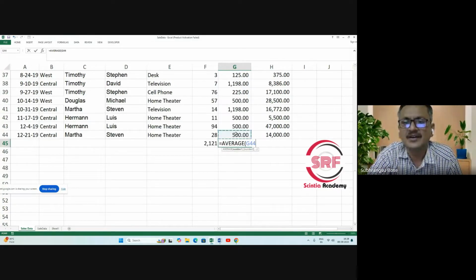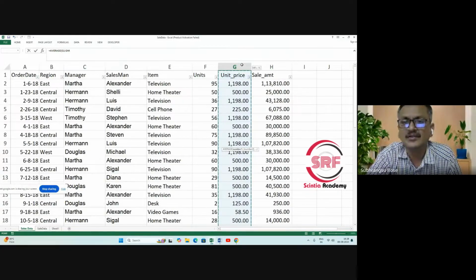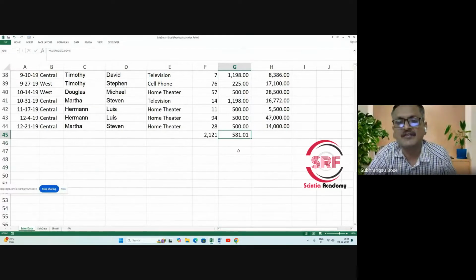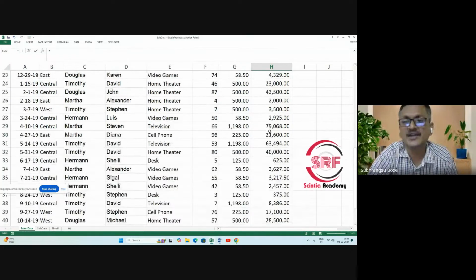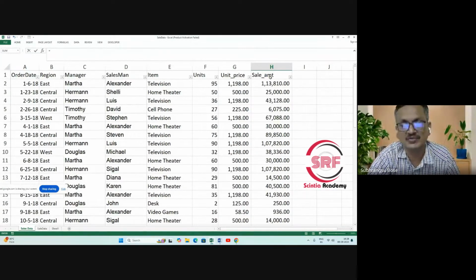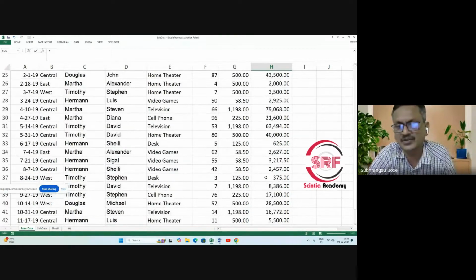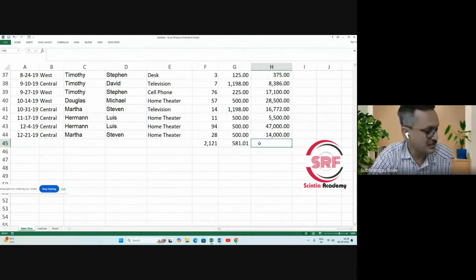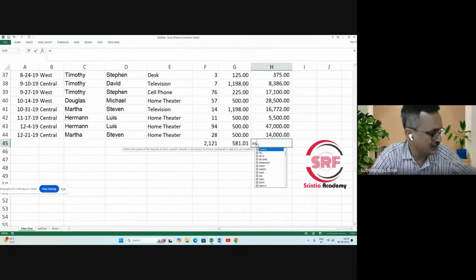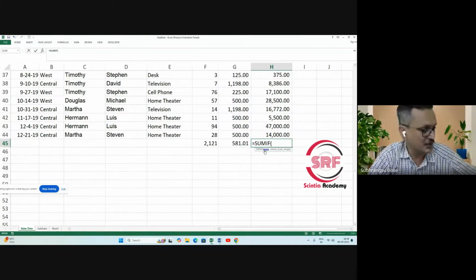Average on this column. Then enter. Average of all products, we find 581 average value. Then again the third column, there is total sales amount. Here we need the sum. In two ways we can do that. Equal to sum, this is one way. Another way is